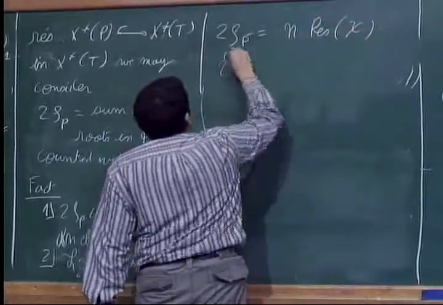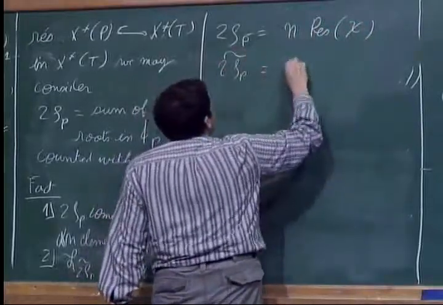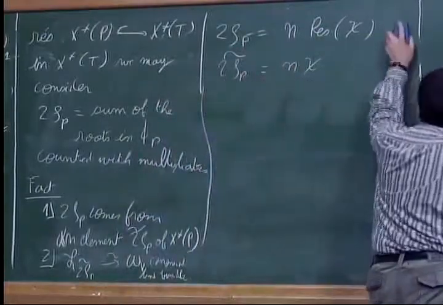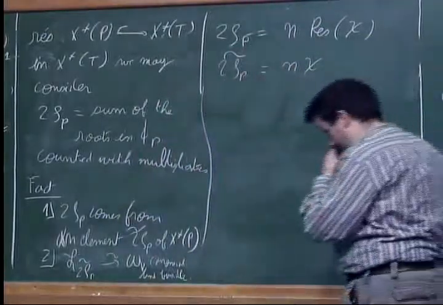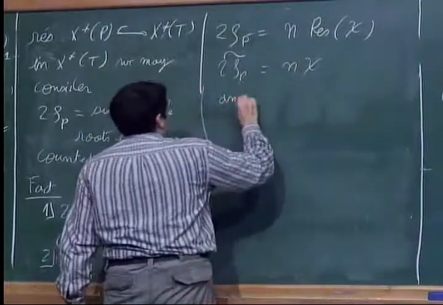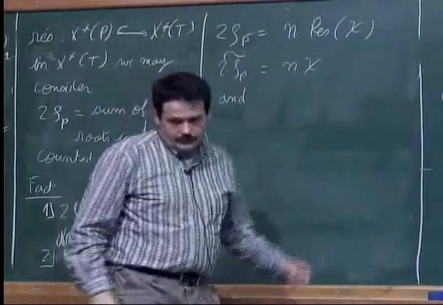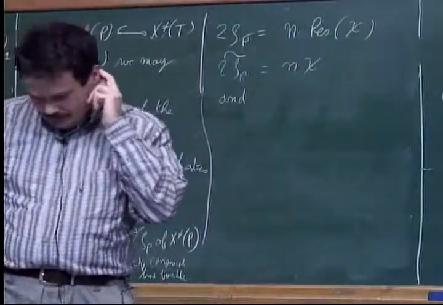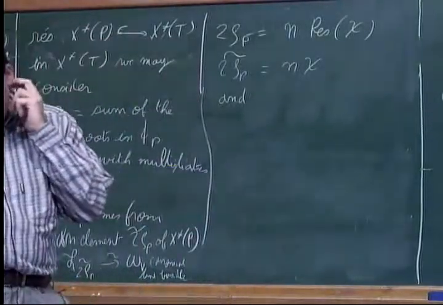So I can take 2 rho P tilde is in fact n times chi. And therefore we get that,